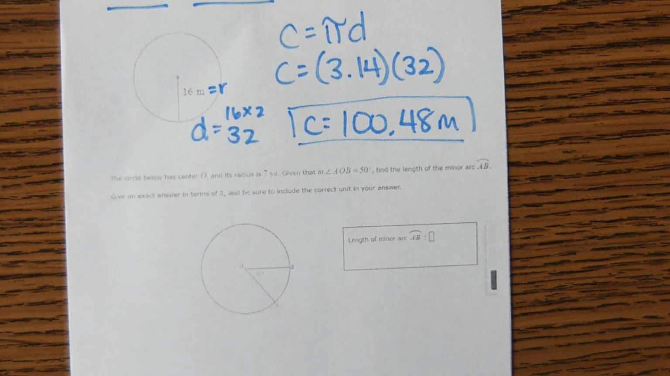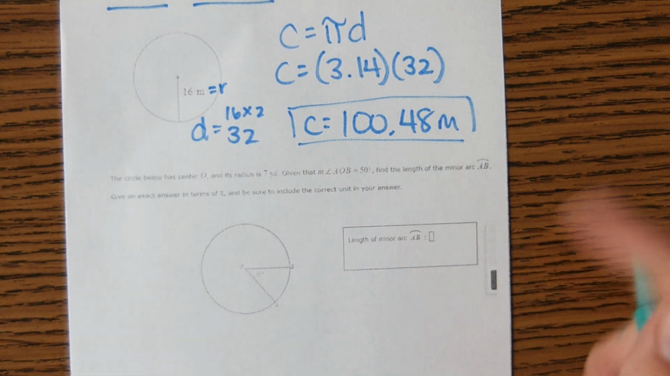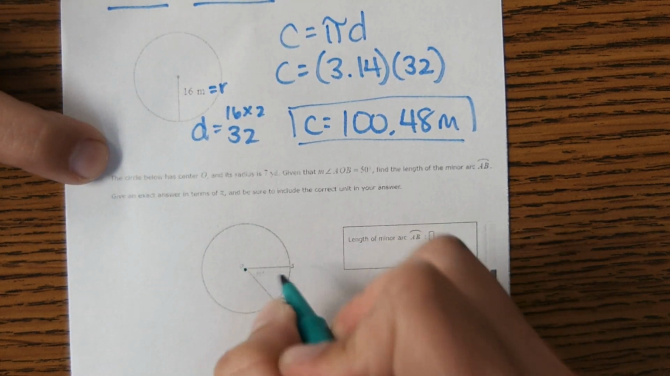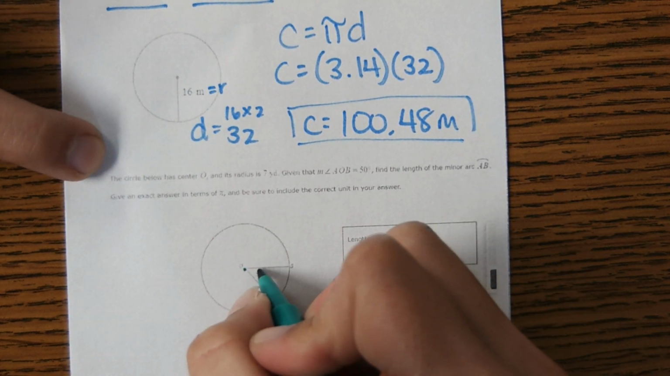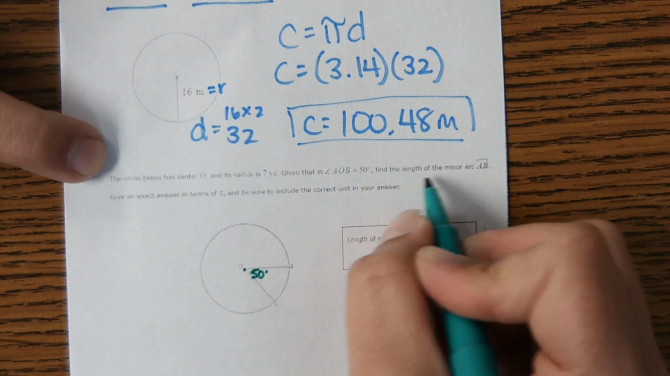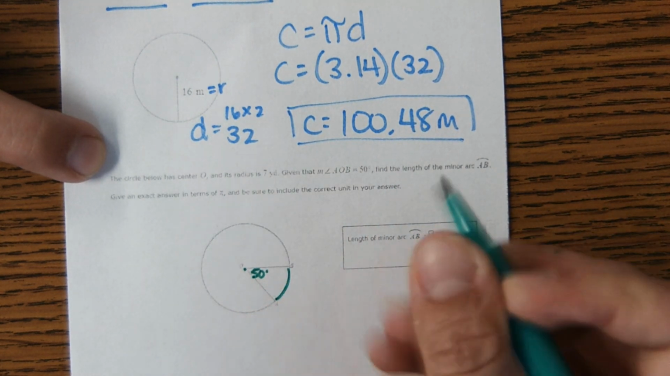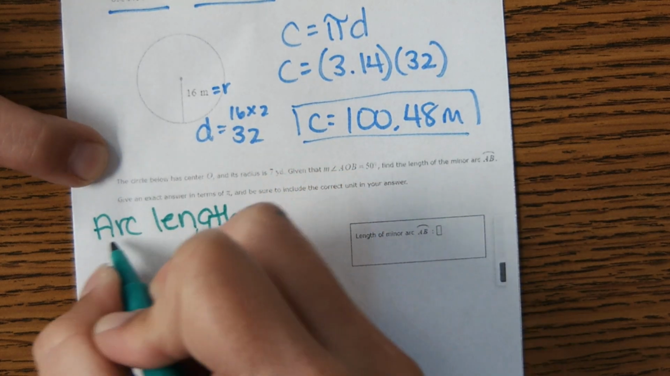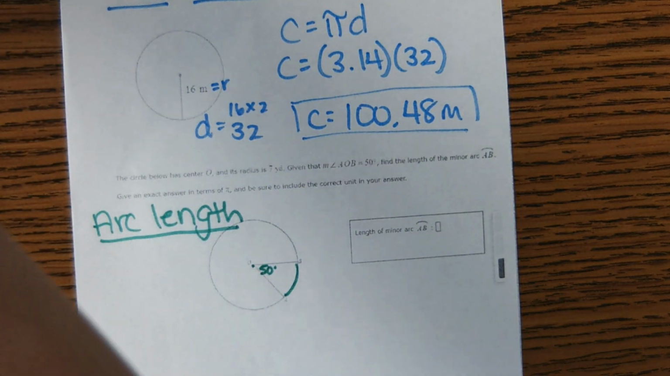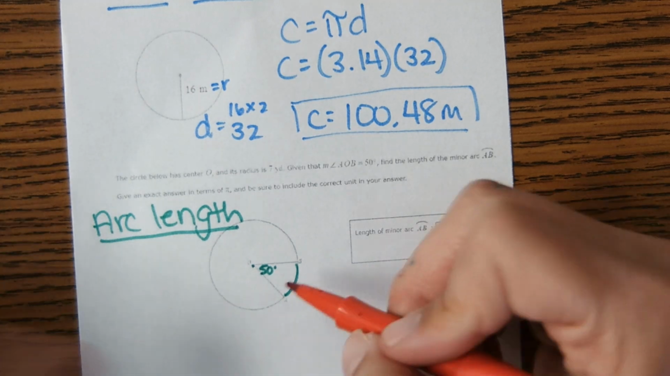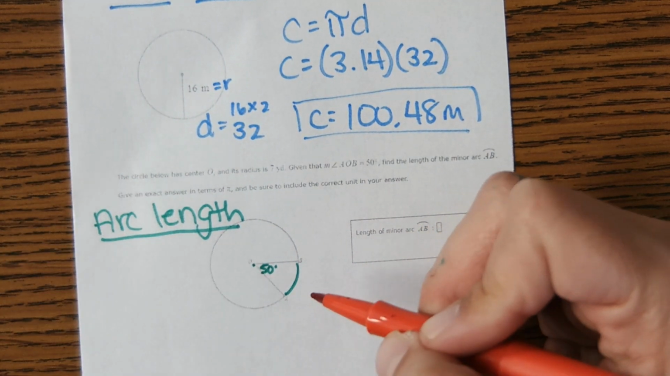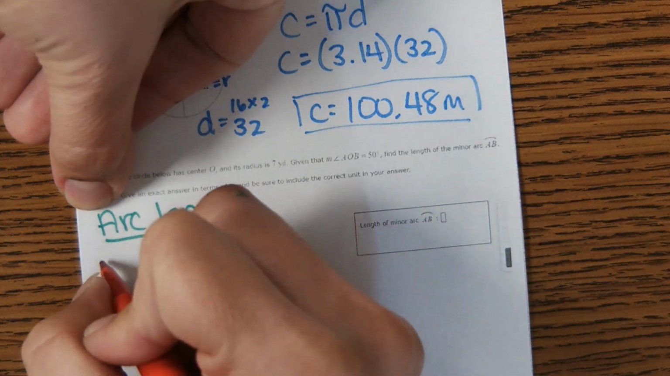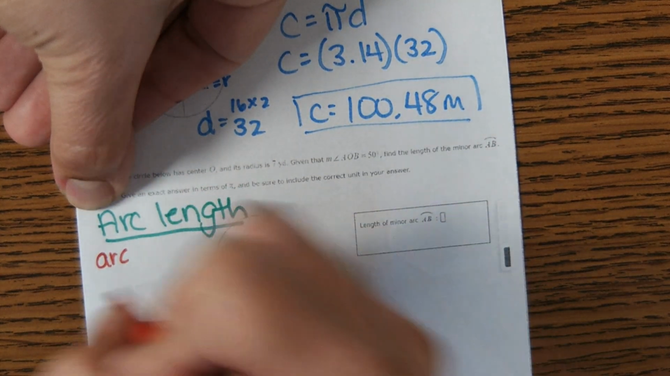Okay, and then here it says, well, it's hard to see in this camera, but the circle below has a center O. It shows its dimensions. This says 50 degrees right in here. It wants to know the length of minor arc AB, so it wants arc length. This is something we haven't gotten to yet, so I'm going to explain it right now. So what arc length is, so yesterday we talked about the degrees of the arc. Now we're going to talk about the distance of that part of the arc. So to find that distance, you take the arc degrees, which is going to be 50,